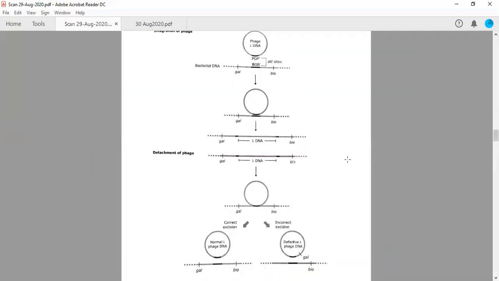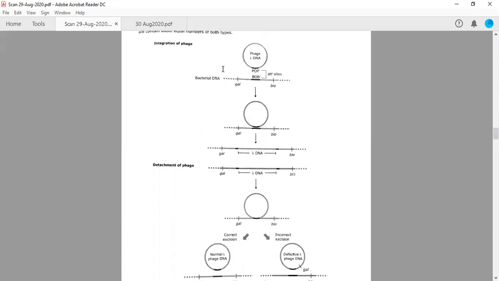Right. So this is a phage lambda DNA. In the lambda phage, this DNA is a double-stranded molecule made up of 48,502 base pairs, and it has a sequence by which it is able to integrate into the bacterial chromosome. So it is showing the lambda phage, whose host is E. coli. In E. coli, this is the bacterial chromosome, and this is the bacterial phage DNA.